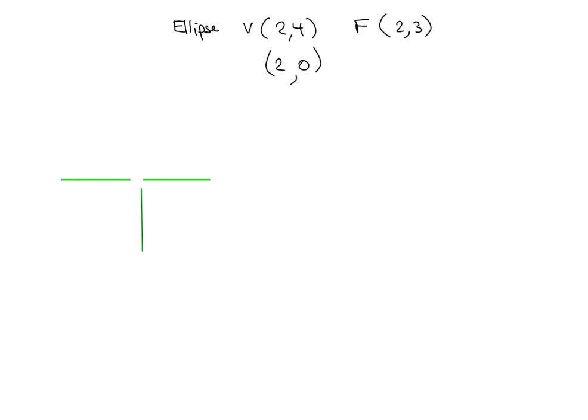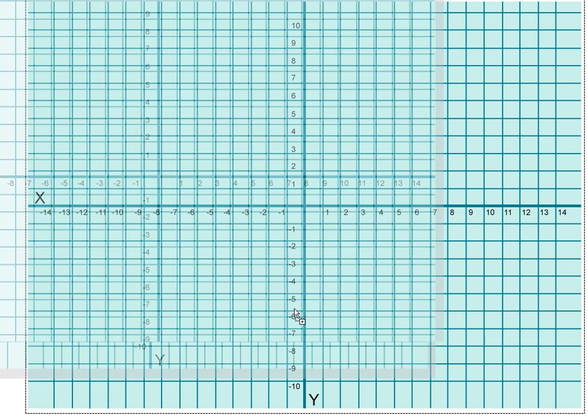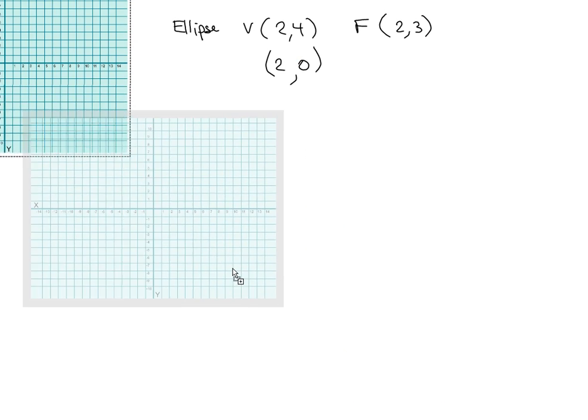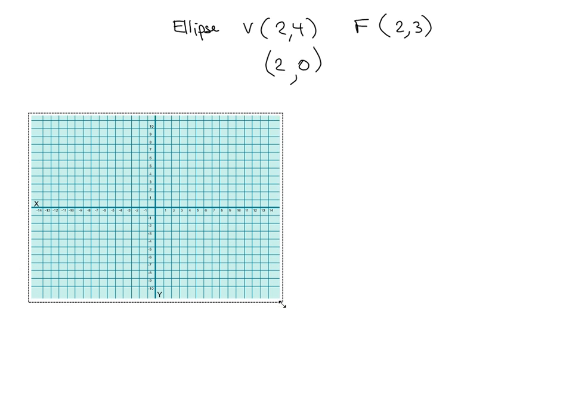So it'll be easier for you guys to see. Again, it doesn't have to be a fancy sketch. You don't have to do your sketches on graph paper. You can if you want, but don't feel like you have to, okay? So, we know we have (2, 1) and (2, 4) as vertices, (2, 0) is a vertex, (2, 3)